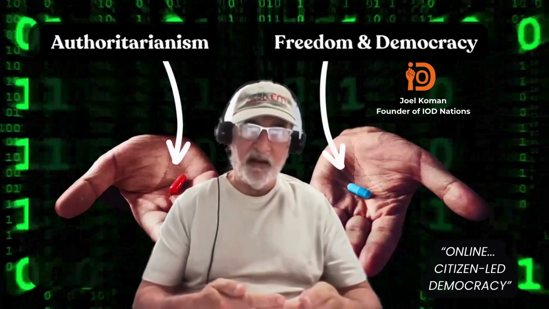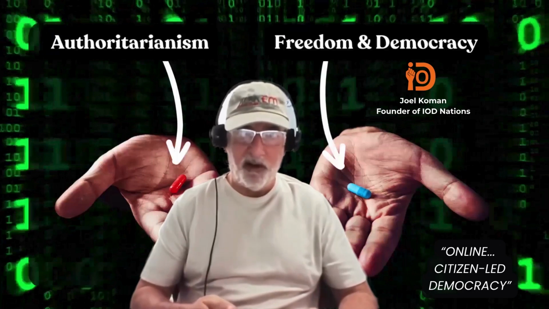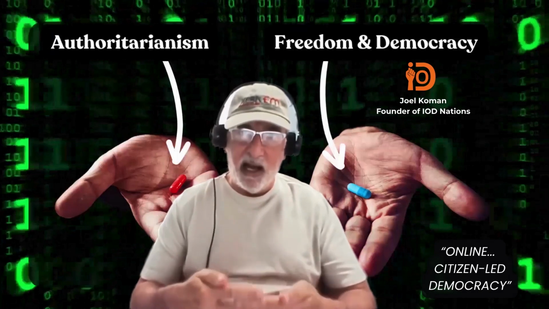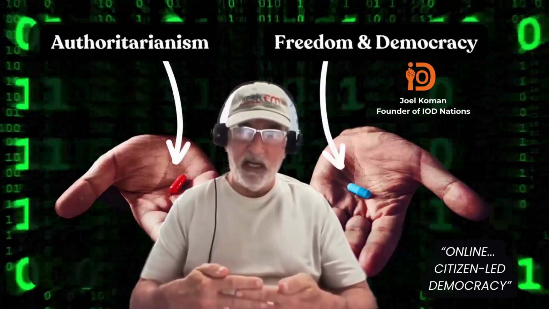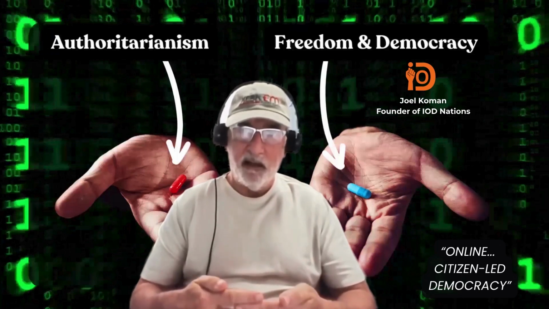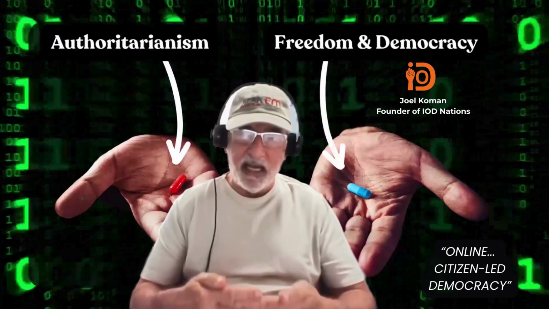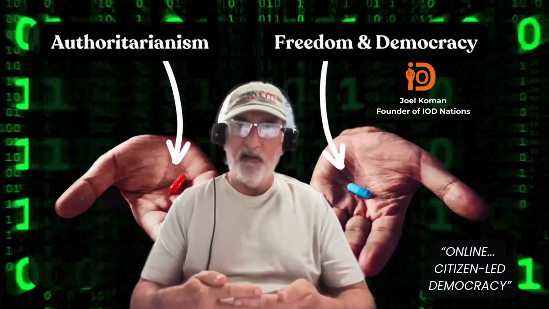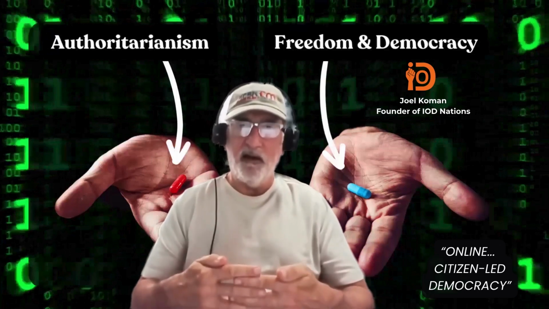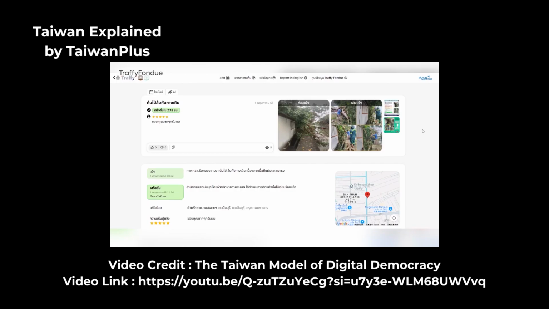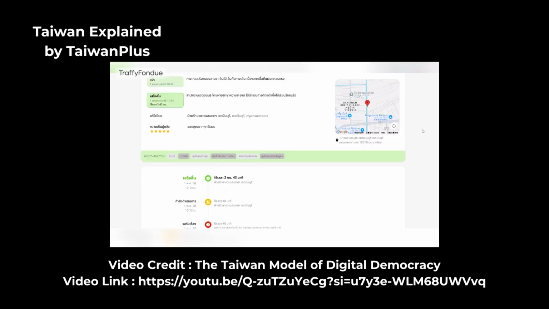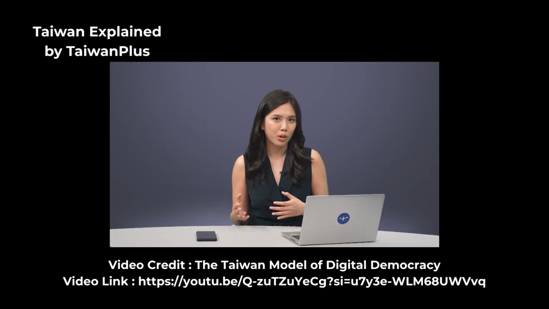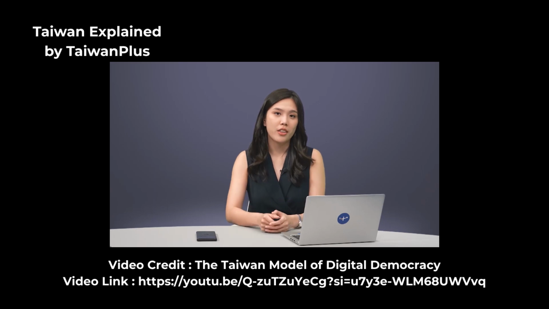Simon Sinek is on a mission to win a lot of victories for humanity in just the way that Stephen Bartlett is. And at iodnations.org, we're trying to win a victory for humanity by getting the citizens of the world to unite online as international online democratic nations. Now that can look like crowdsourced platforms like the examples you saw earlier, or more dynamic online petitions and feedback forums where people can discuss and share their ideas.